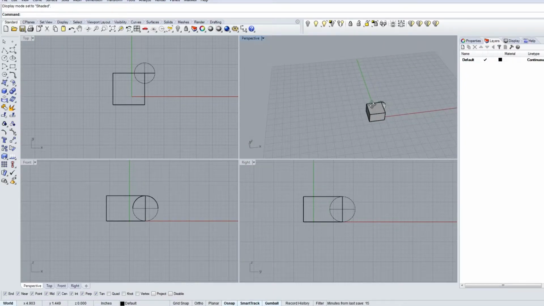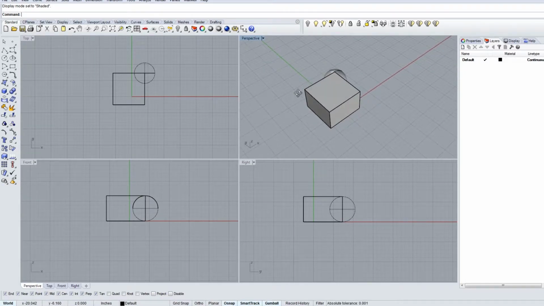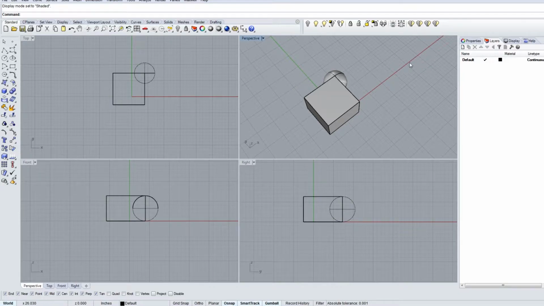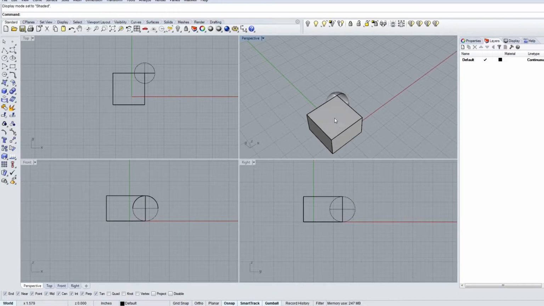So that's going to be your perspective. We need perspective to tell what the other windows are viewing. If we look at this, we can tell our Y and our X axis, especially in the bottom left corner. It's in all the corners here, so you'll be able to tell. You can rotate it like that, so you can actually tell the directions. Z is up and down, unlike in